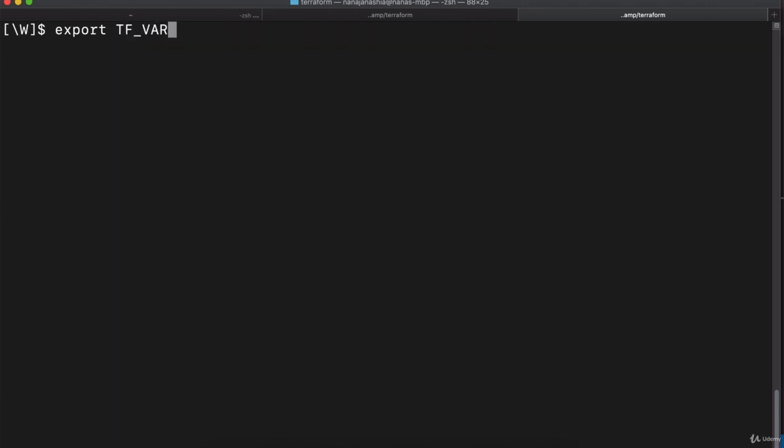TF_VAR_, and this could be any name that we want to give that variable. Let's say this is avail_zone, and this is the value. And note that there should not be space around this equal sign when setting environmental variables. So this will now give us an environmental variable called TF_VAR_avail_zone, and the way we can now reference that